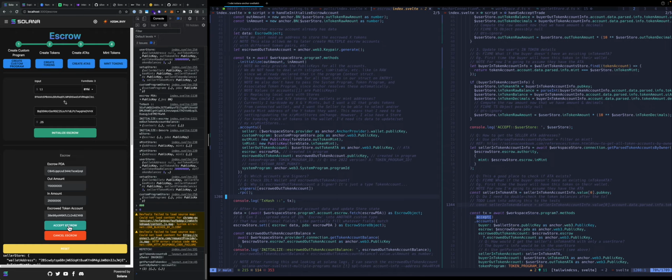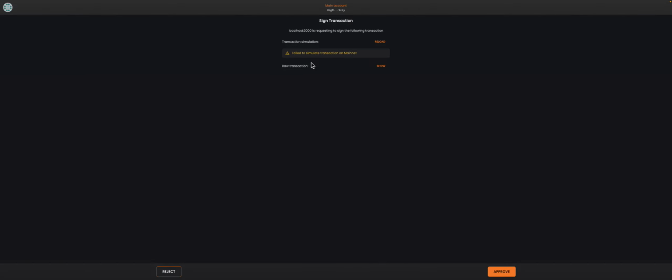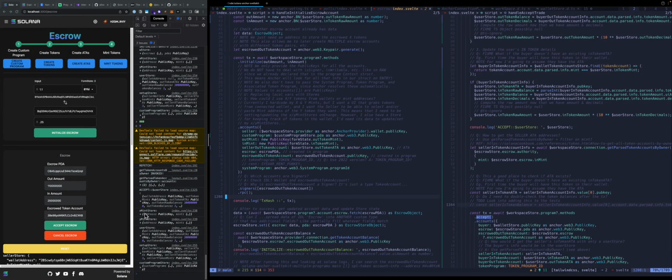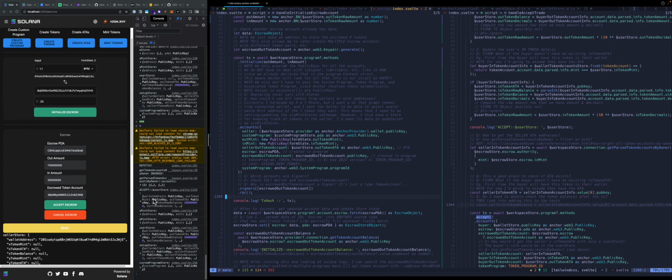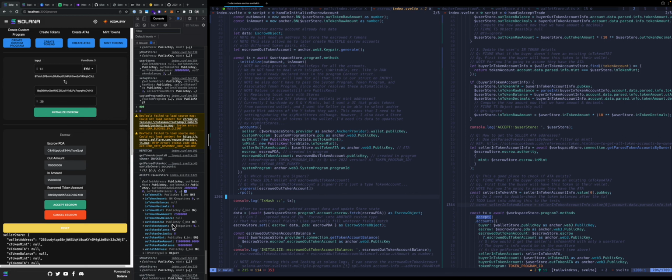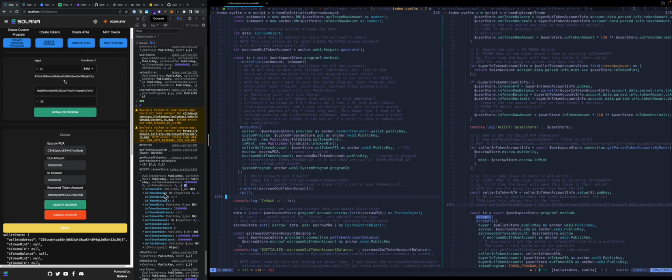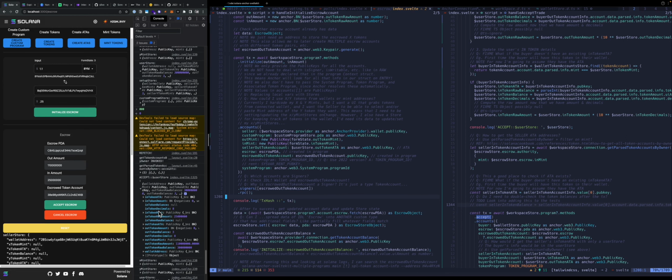In the past, this would work. Let's see. And it failed. Looks like it's going to fail. Yeah. That didn't work. What happens? Well, let's see. It accepts the user store in token amount, in token raw amount. Yeah, this is all not